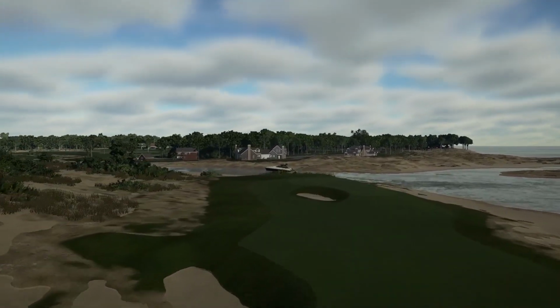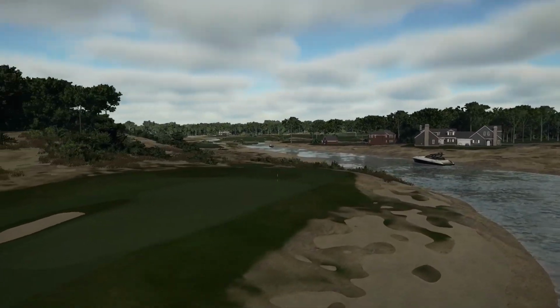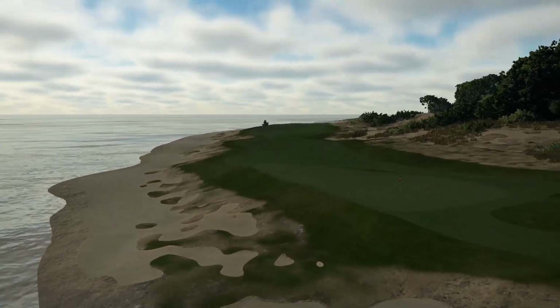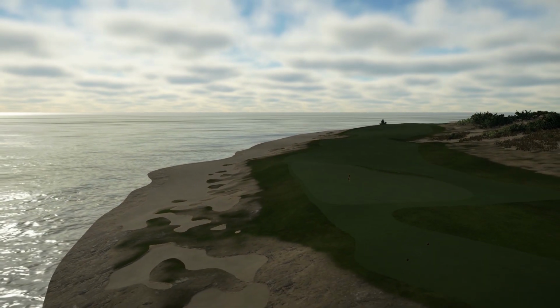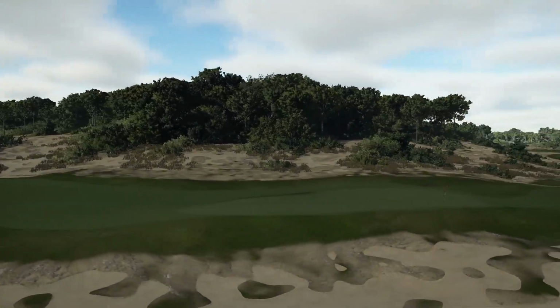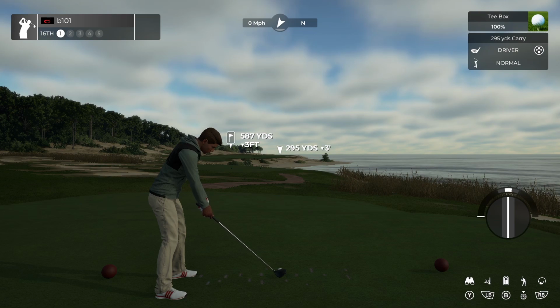You do have the Road Hole bunker just at the front, and at the back you've got a steep runoff towards the beach, which you definitely don't want to hit. The green is, as you would expect, angled to receive approaches from the right hand side of the fairway, so again really encouraging us to take on that tee shot. Now with this being a par 5,